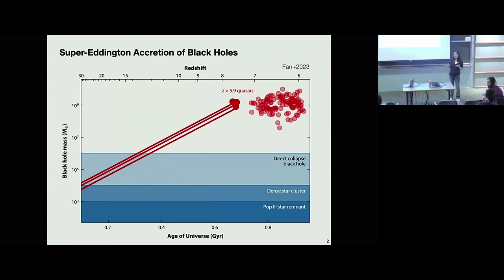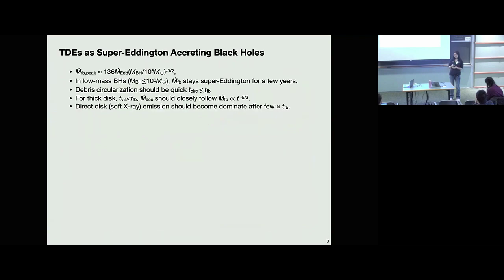But observationally, super-Eddington accretion is not very well characterized because most nearby AGNs are accreting at low accretion rates. For the very rare super-Eddington accretors, the disk emission peaks in the extreme UV band, so it's rather hard to study the hottest part of the disk where most of the gravitational potential energy is released. TDEs in low mass black holes have been proposed to be very good labs to study black hole super-Eddington accretion.